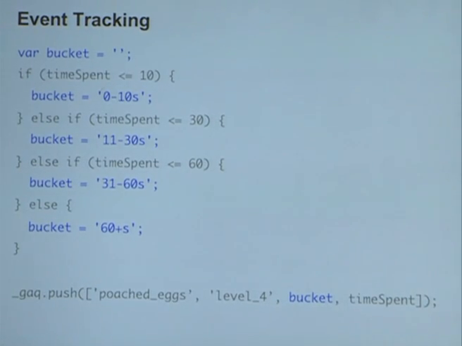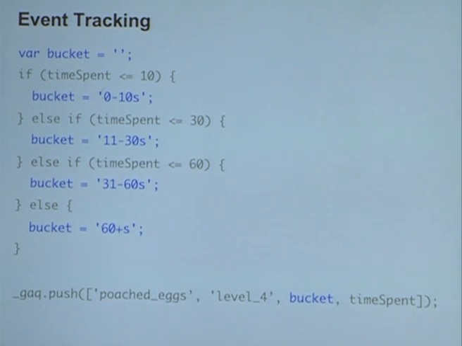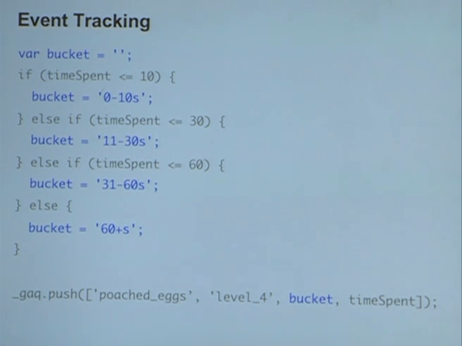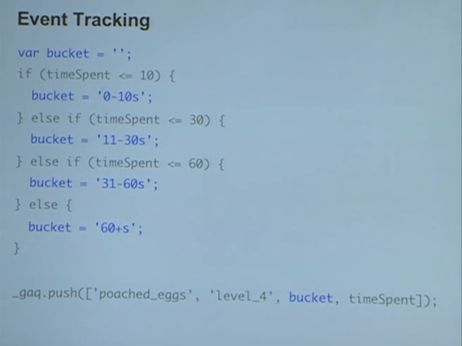In some cases, you might want to get a little bit more granular on the time spent. For example, averages sometimes lie. If there's 5 people playing a level, one person might spend an hour, and all the other people might spend a couple seconds, and it averages out to something in the middle. So you can get more fine-grained reporting by setting up some sort of a bucketing system. In this case, we just compare the different time spent with various buckets, and then in the third string parameter,